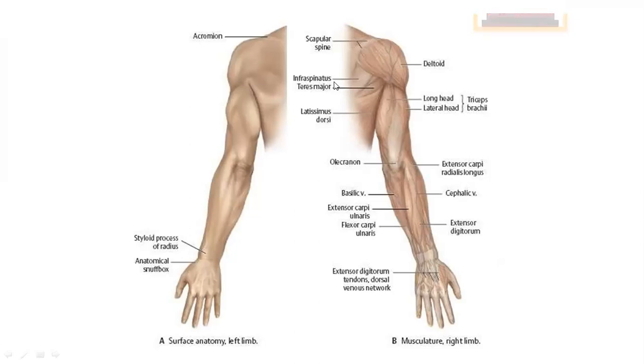Now if you just dissect and try to see what is lying underneath, we know at this point we have the spine of the scapula, we have the deltoid muscle, and behind we have the triceps muscle, isn't it? Then below the spine of the scapula we have infraspinatus from the lateral border of the scapula bone. If you remember, we have teres major and minor, minor above, major below, and the back muscles we have discussed. We have latissimus dorsi, isn't it?